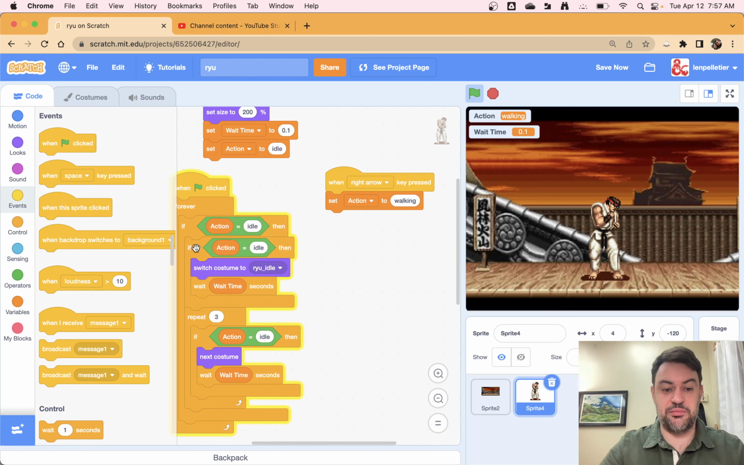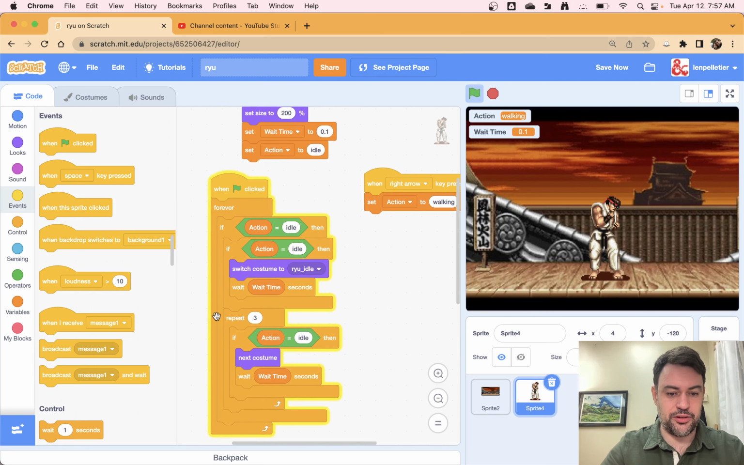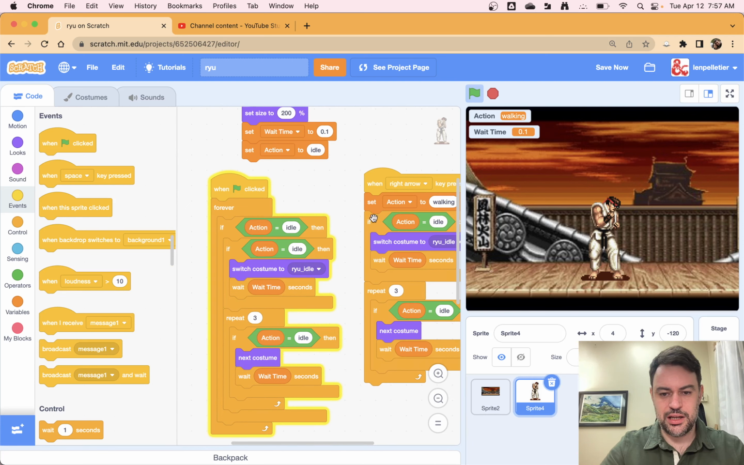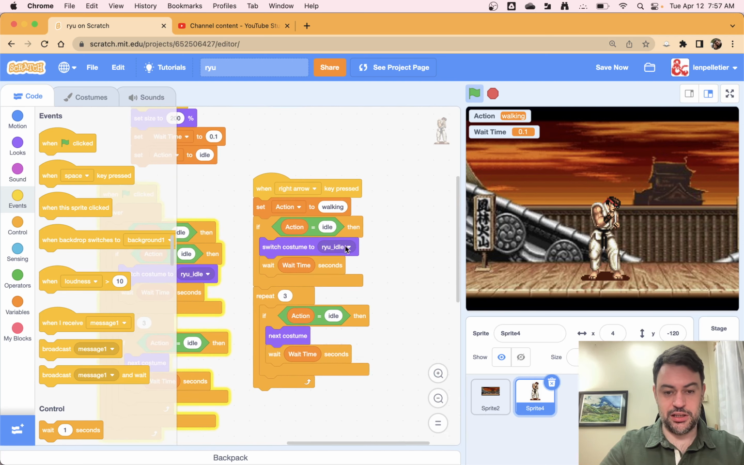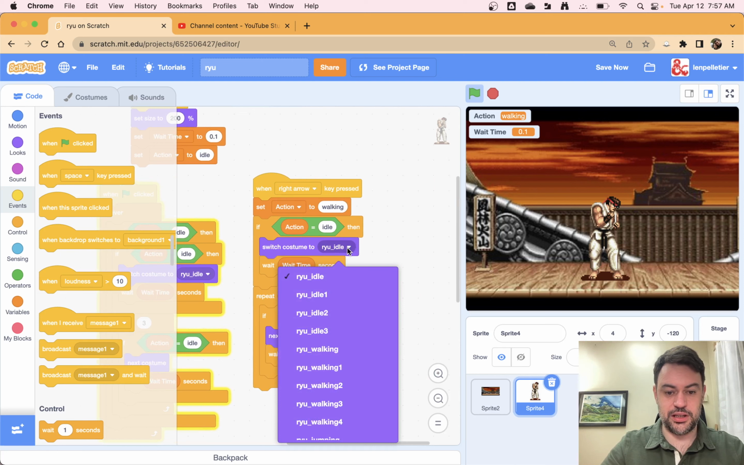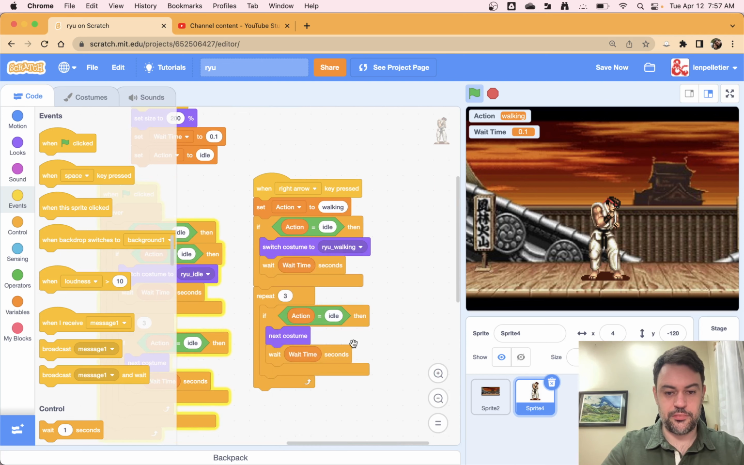So what I'm going to do is I can basically copy and paste. I don't need to get the outer if, I don't think. I think I just need to get this if here. I'm just going to copy it. All I got to do is now change this to be walking. And this is going to repeat 4 times because there's a total of 5 animations. So when I press the right arrow, I'm going to switch into this walking. So let's see. If I press green flag, I'm idling, and then I press the right arrow,